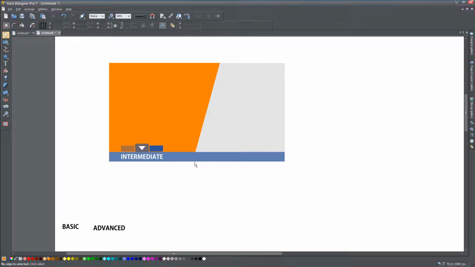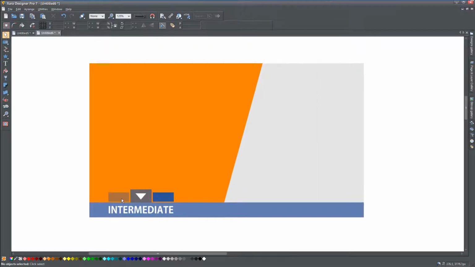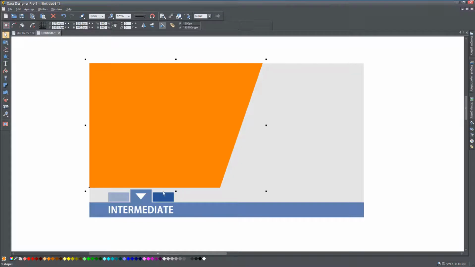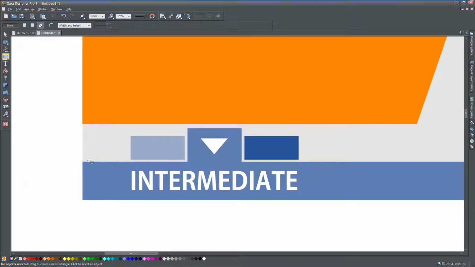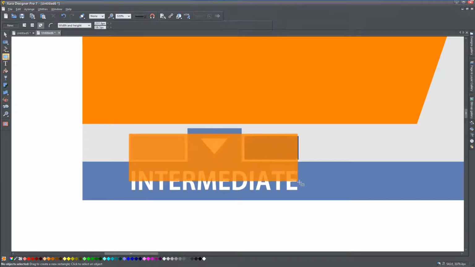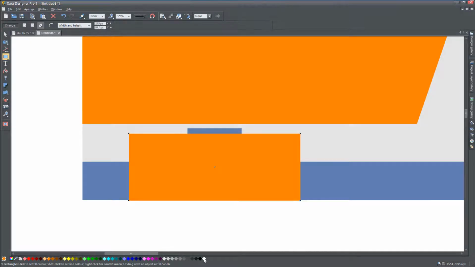Now, you can potentially see a problem here because I used transparency on the level indicators here, and because of that, it combines with this orange in the background and it creates this other color here. Now, I don't want that to happen, so I can either move this up like this, okay, and leave this area blank, or I can use some other elements to help me, maybe use some sort of background for that. So let me show you. I can create a rectangle around this area here that will isolate my tabs, so like this, okay, and I make this white